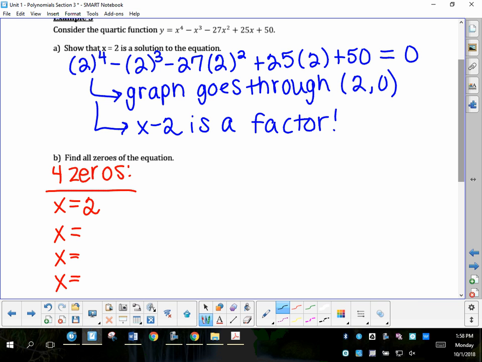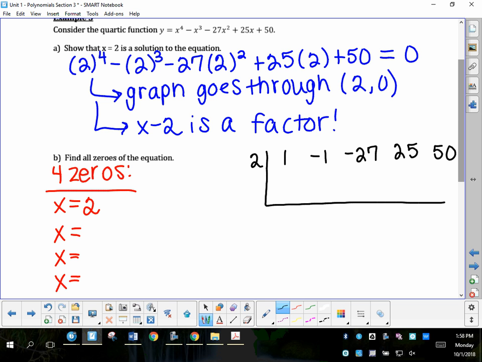Yeah, do synthetic division with the x minus 2. So what value would you have on the outside? Now, what are your coefficients going to be going across? Okay, let's go through and do this out. And as we do it,